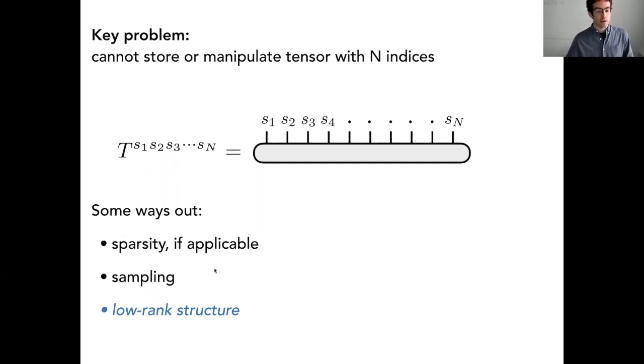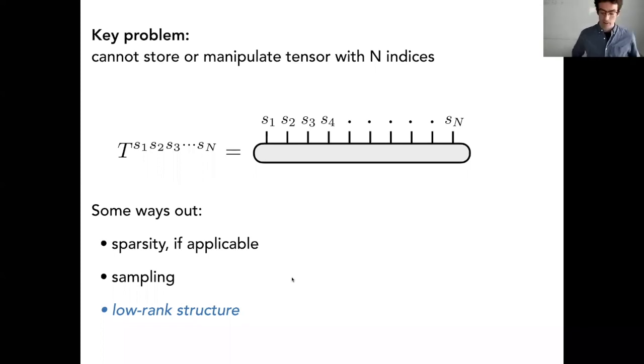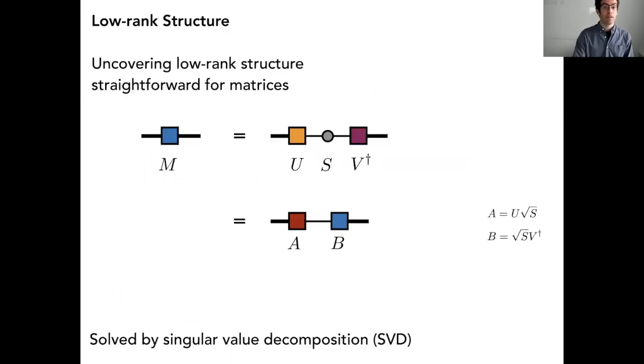So now, other ways out that I was mentioning, one that I'm not trying to be too rigorous about, is you can use sampling. You can say, let's not try to store this whole tensor, but let's think of it as a function on these discrete values and only access some of the values and just work with the collection of samples that we got. But the one that I'll be focusing on, that leads to the idea of tensor networks, is the idea of low rank structure. Many of you are experts in low rank structures and you know all about the SVD, but I'll run back through those concepts in the next slides just to make sure everybody can keep up if you're not familiar with those things.